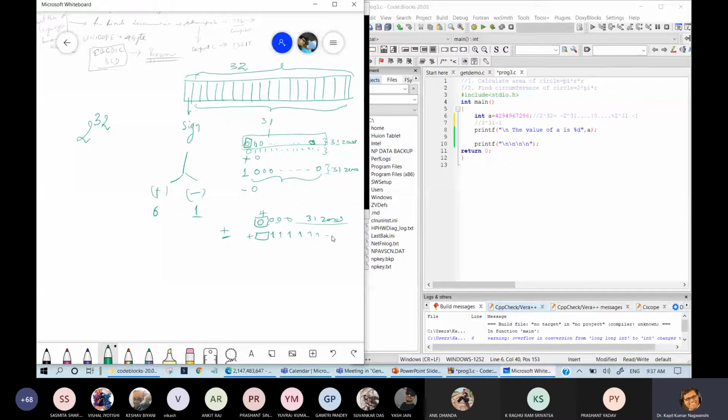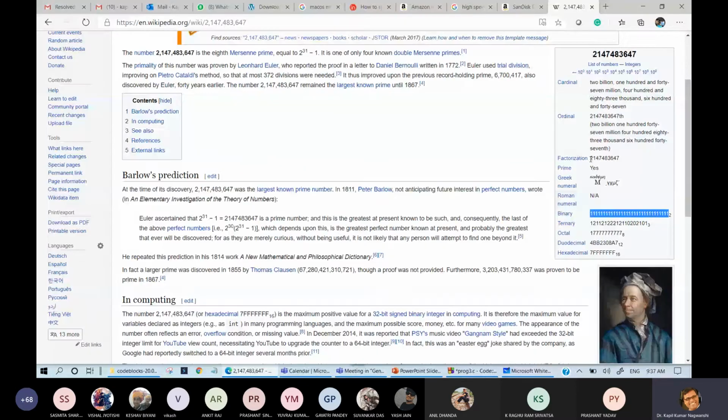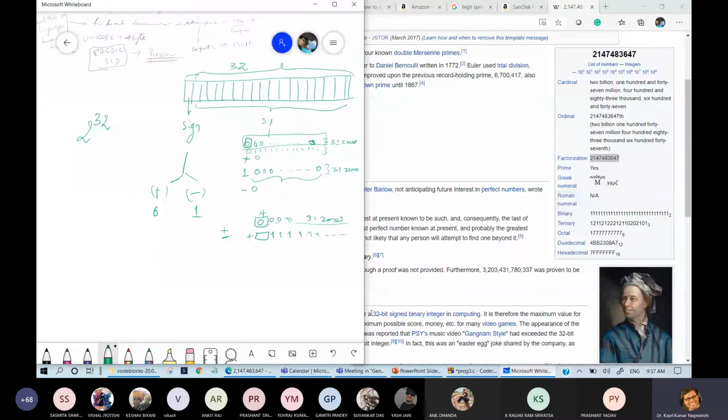So what is the answer of this? If you are calculating a 31-bit binary number, this is the answer. The number is starting from 0, and the positive number we can write here is 2147483647. I have just shown you the meaning of 31 ones. Now look at this side: negative 0 is not there, so on this side there is no negative 0.